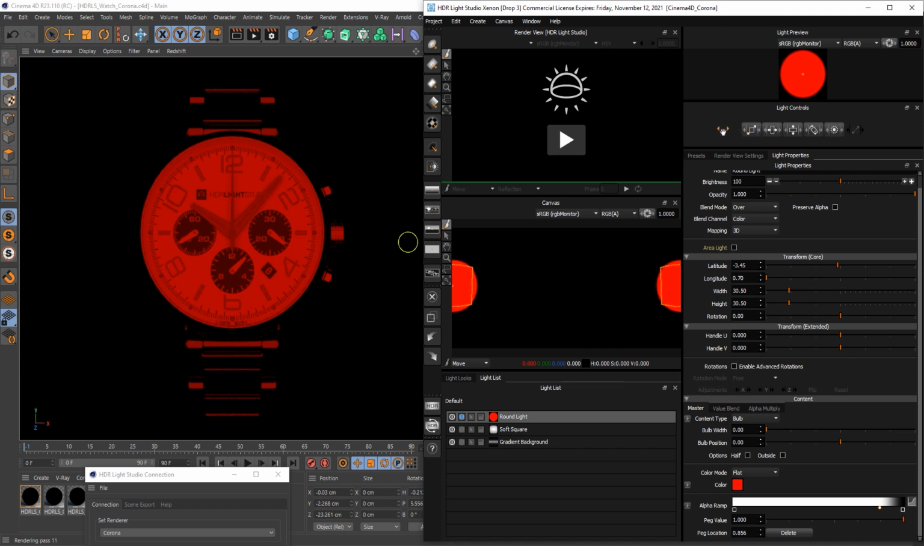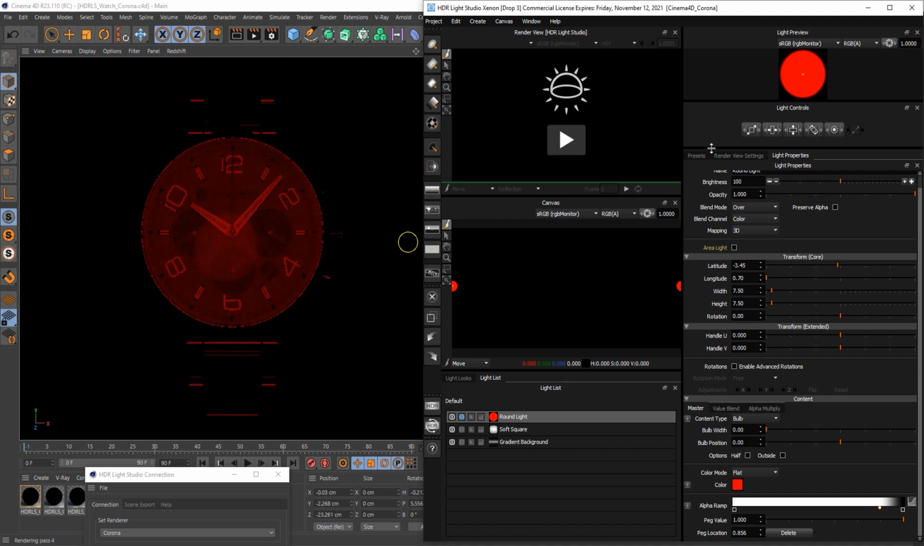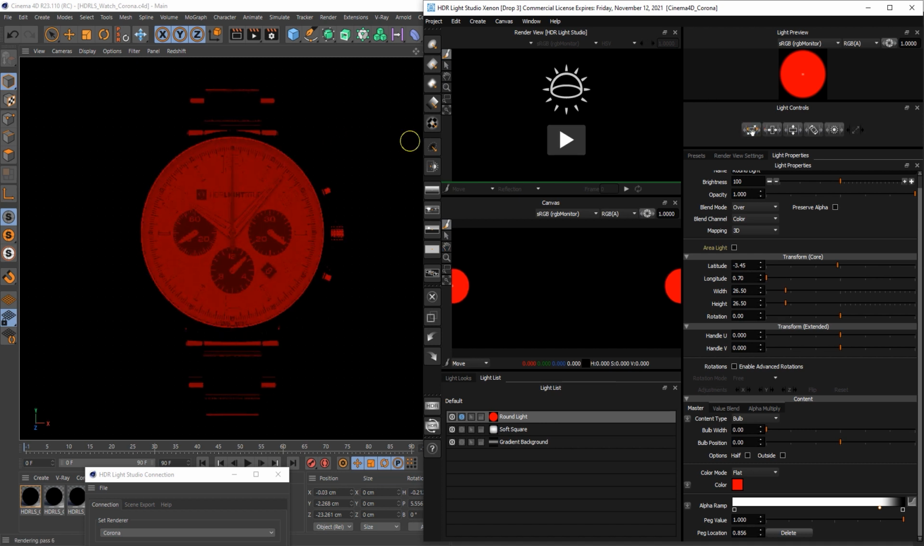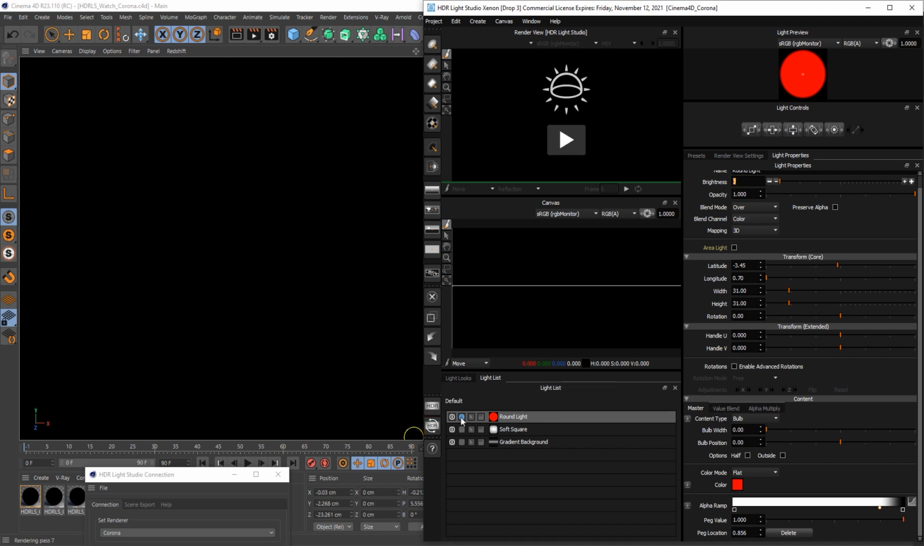I can scale this down because we want it as small as possible, but we want it big enough to block the intense reflection that's coming from the background gradient. So okay, let's leave it about that size. If we turn the brightness of that down to 0, whatever colour it is, it'll be black. If we unsolo it,